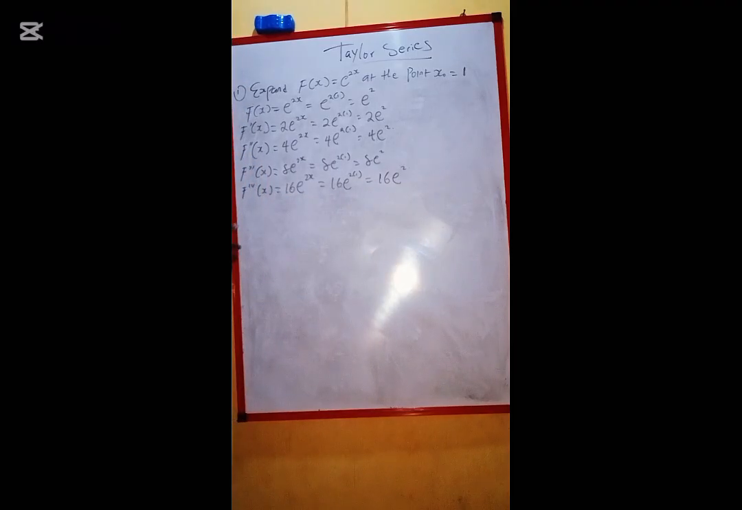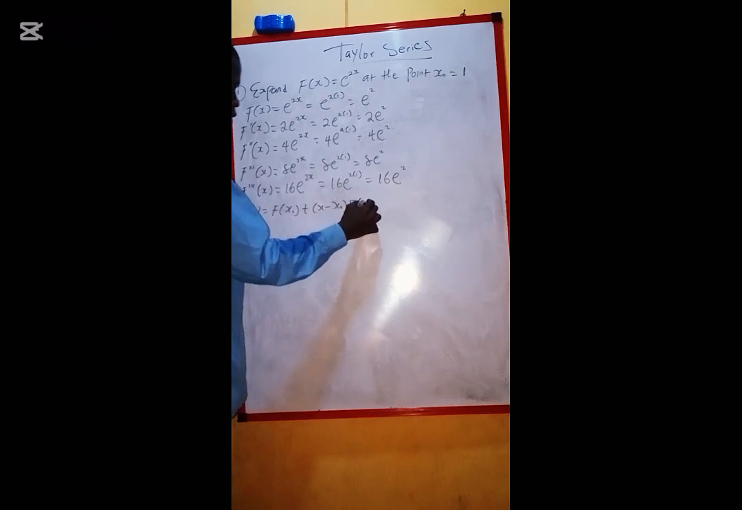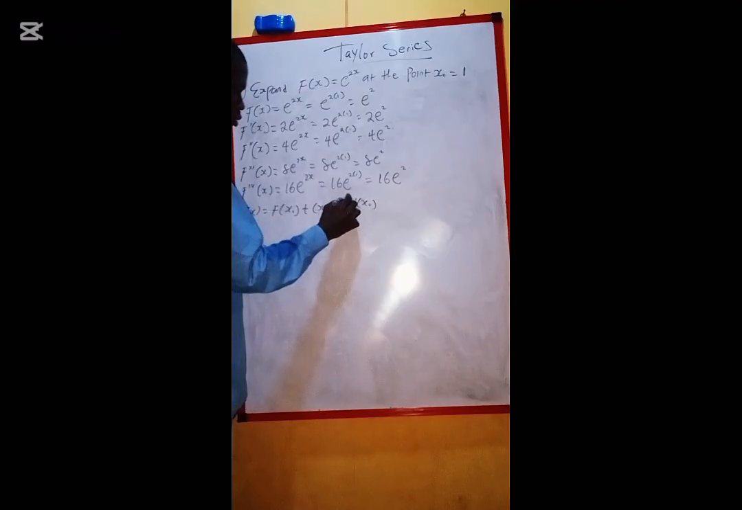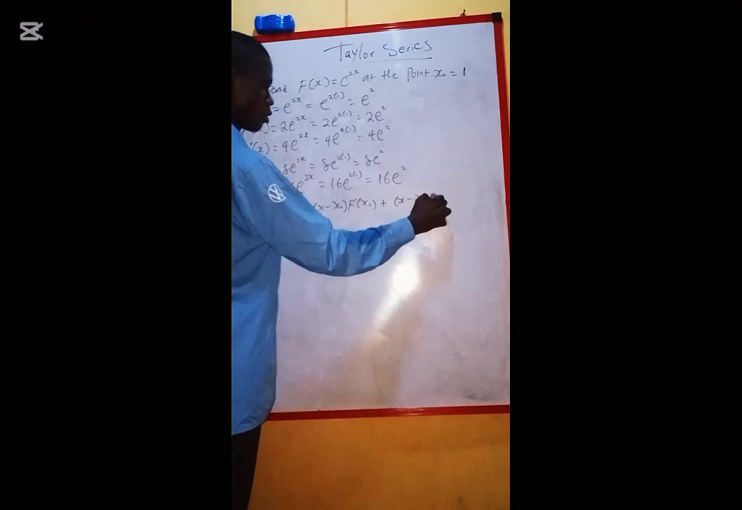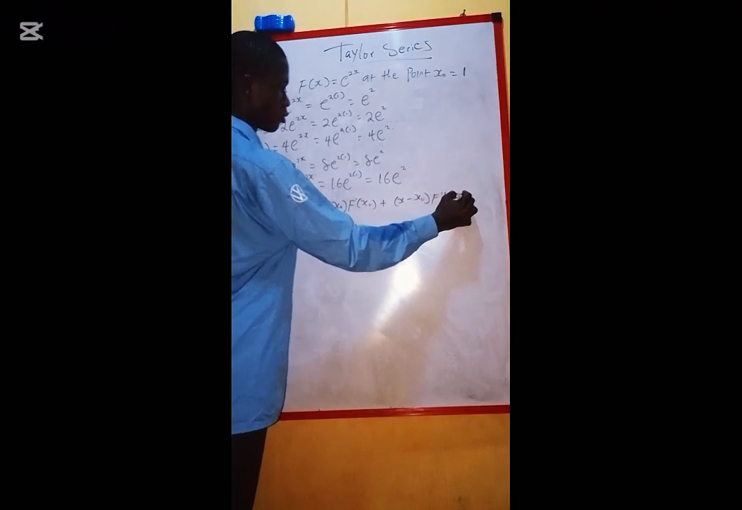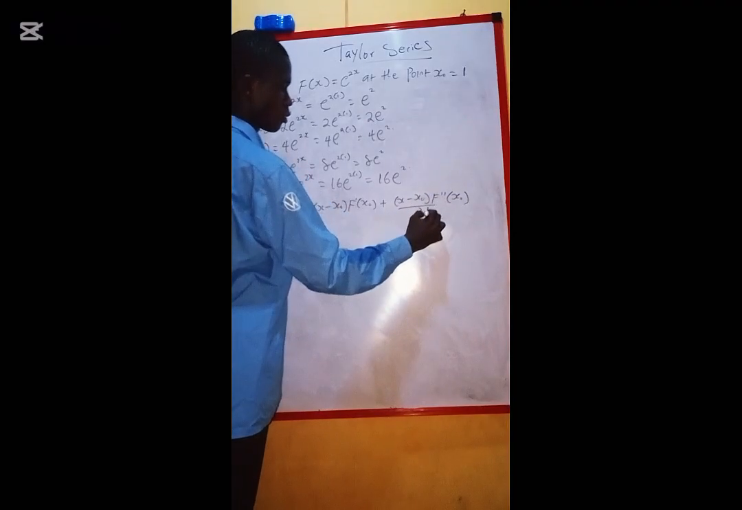So these are the first, second, third, and fourth derivatives of this function. So let's find the Taylor series for this. So remember that the Taylor series is equal to what? f of x is equal to f of x not plus f prime of x not times x minus x not, right? So plus f double prime of x not times (x minus x not) squared over 2 factorial